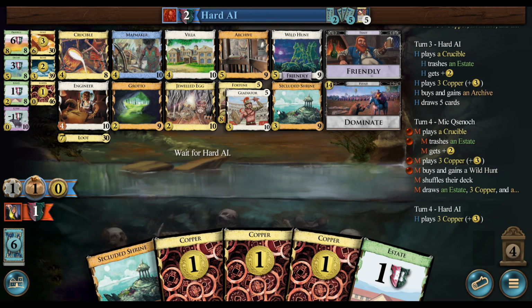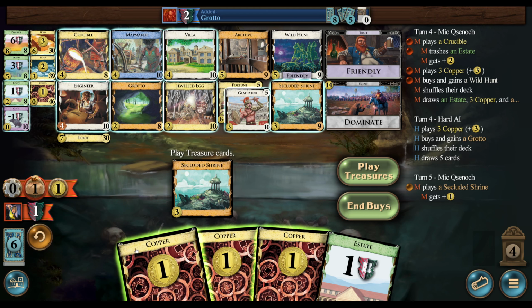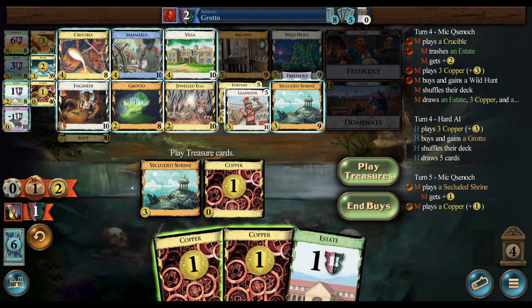There's a good shot we can just, if we have to, buy a Villa. This will be the end of our estates, unless we take a Jeweled Egg. If we think we want to really save the estate for the Crucible, though that doesn't actually matter. That doesn't really matter. We may want a Jeweled Egg anyway, though. The other thing to think about would be an Engineer at some point. Like, we could take an Engineer here and maybe wait to buy